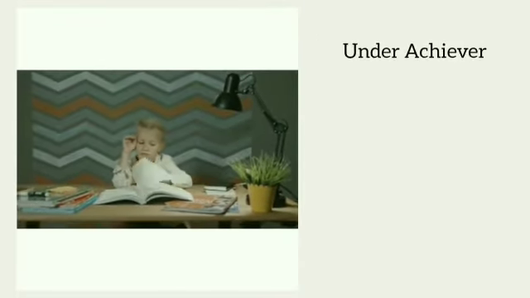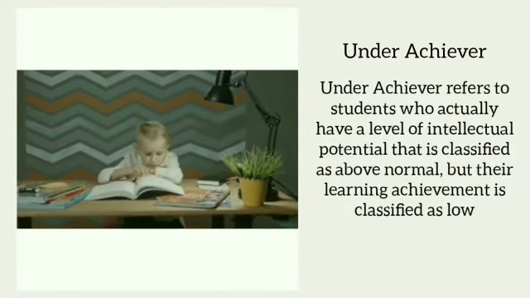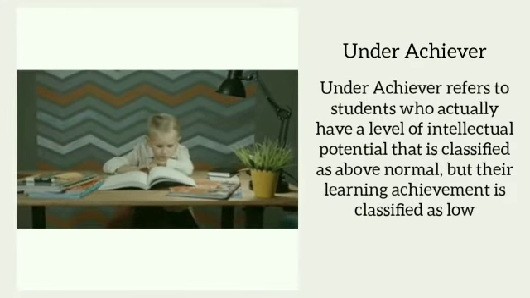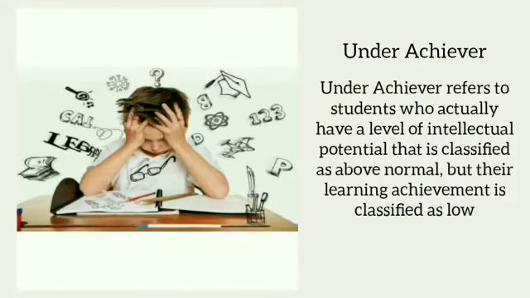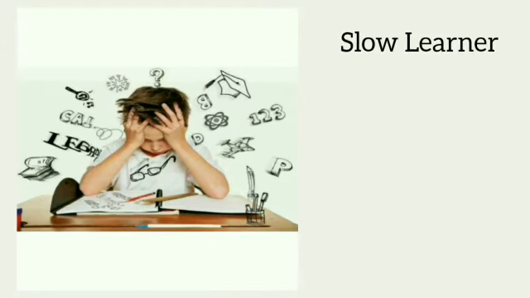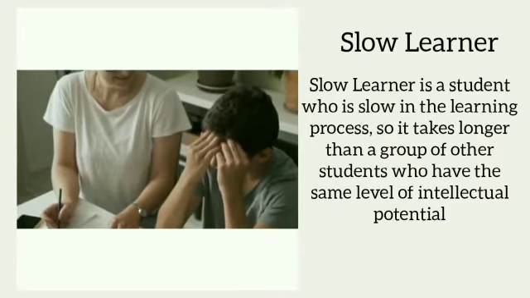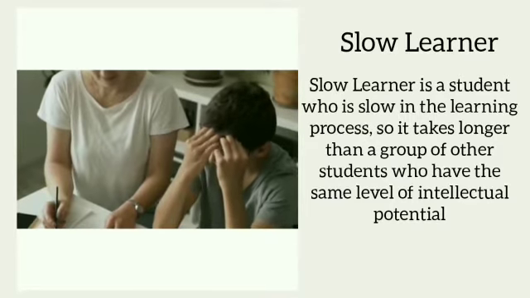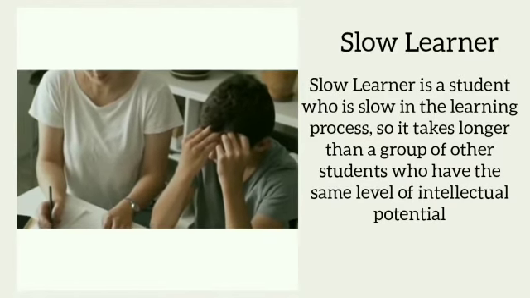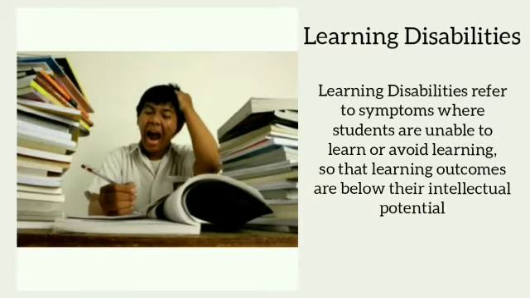The third is underachiever. Underachiever refers to students who actually have a level of intellectual potential that is classified as above normal, but their learning achievement is classified as low. The fourth is slow learner. A slow learner is a student who is slow in the learning process, so it takes longer than a group of other students who have the same level of intellectual potential. And the last is learning disabilities. Learning disabilities refer to symptoms where students are unable to learn or avoid learning,